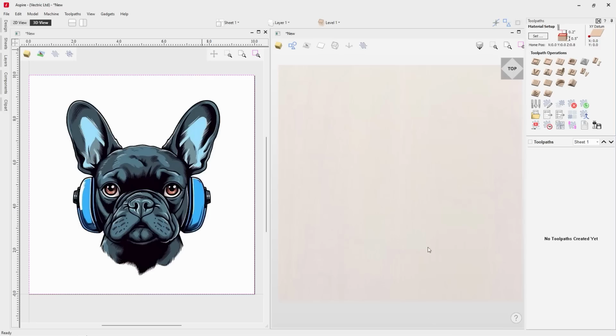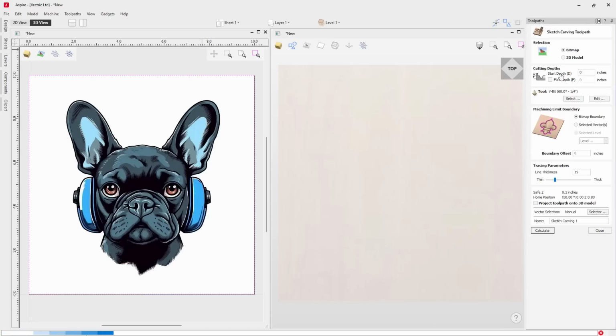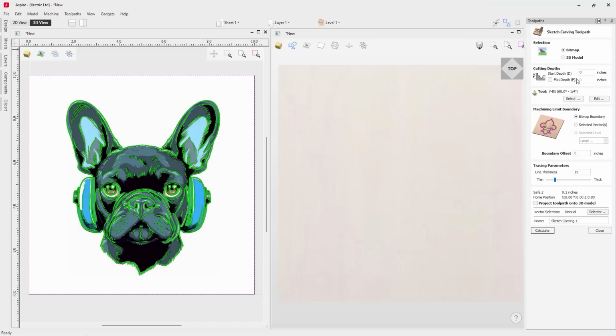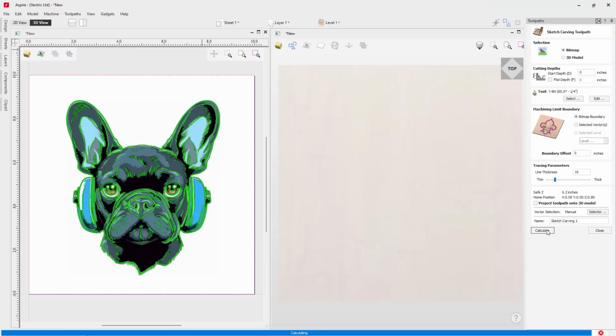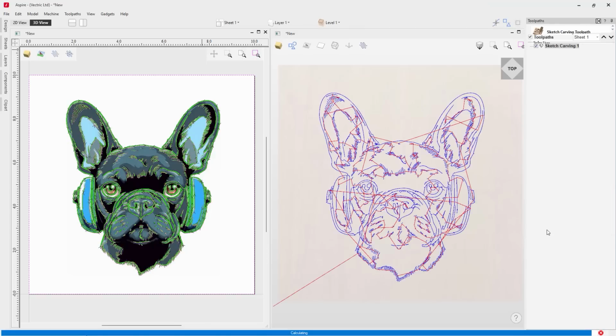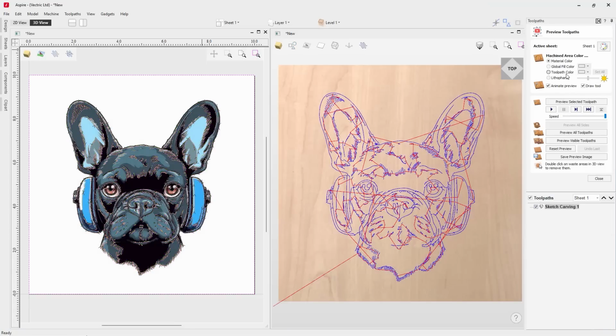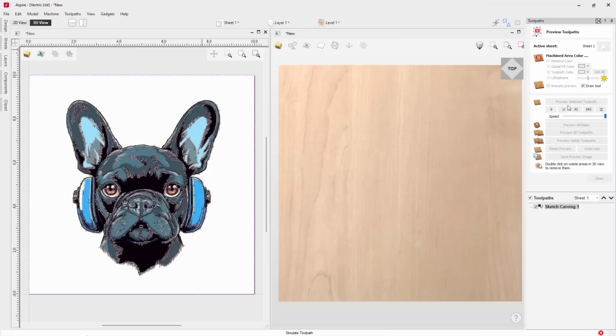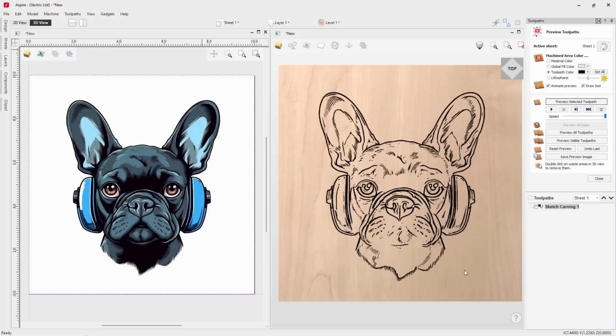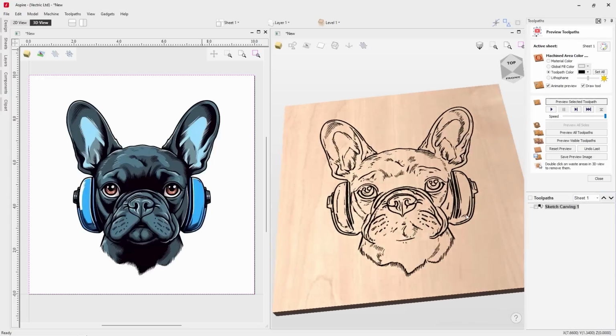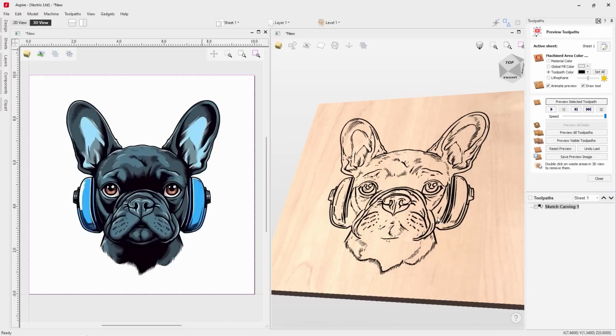Sketch carving is a brand new feature that converts a high quality image or a 3D model into a VCarve toolpath. The resulting toolpaths are quicker to machine than a 3D toolpath, and they produce impressive stylistic results with very little design input. Simply select the image or 3D model, assign your tool and tracing parameters, hit calculate and visualize the impressive outcomes.